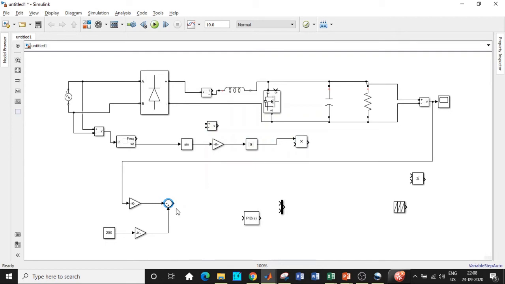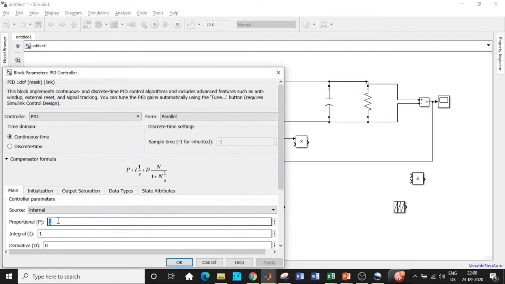And once that is done, I'll be giving it to a PID controller. The value of PID controller that we have chosen is, I'll be choosing the P value to be equal to 0.001, and the value of I is 10. So it is basically based on the value that you want. So if you want to reduce the steady state response or eliminate the amount of transients or overshoot, based on that you have to design. You can do this using Laplace transfer approach as well.